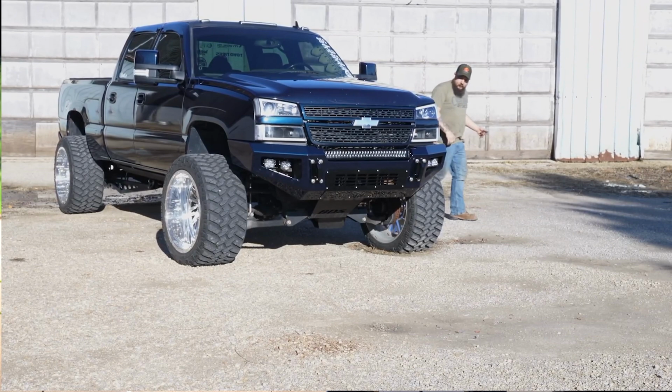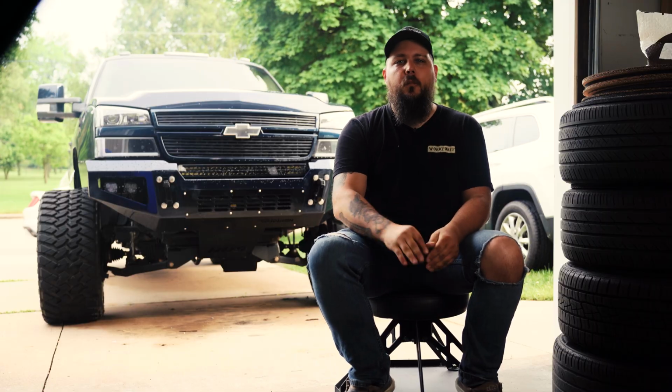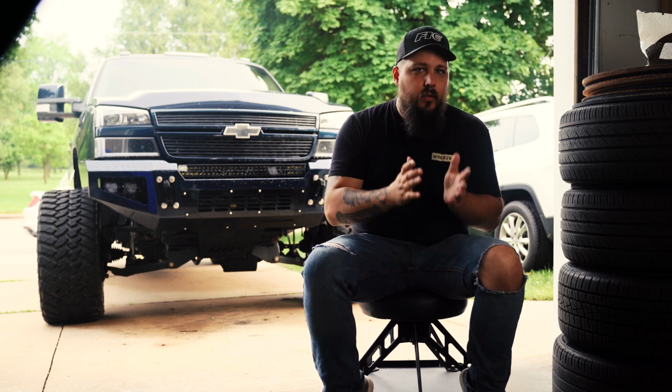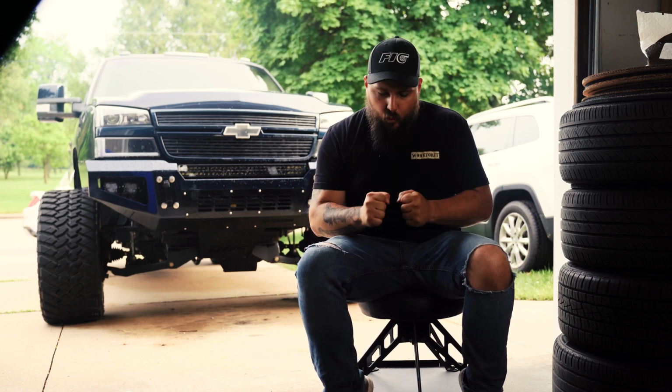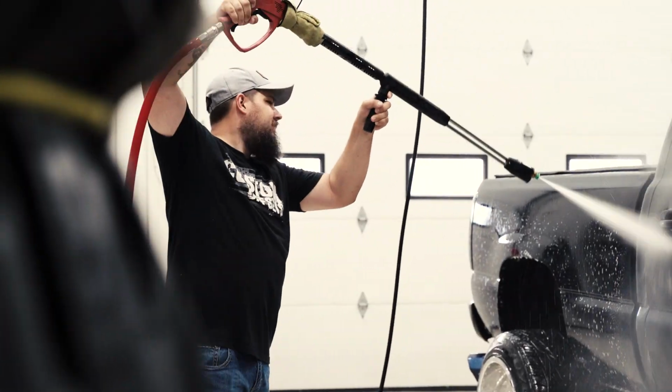Now, this maybe isn't quite as true here in 2022 as it was just a few short years ago, but the fact still remains that dollar for dollar, the Cateye Silverado still remains one of the best buys for the buck, especially when we look at the diesel truck market. Now, again,